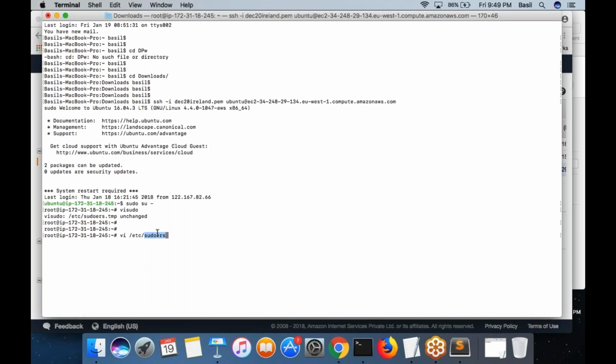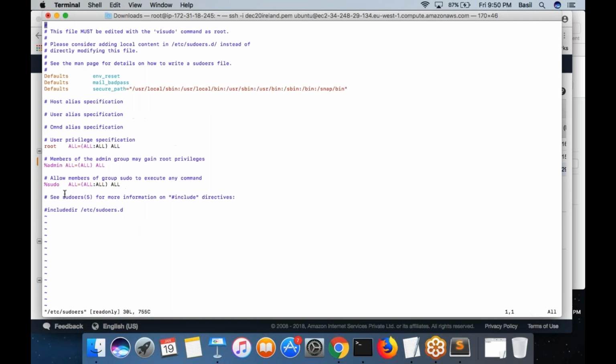These are the same commands actually, but I am using visudo because I do not want to make any manual mistakes inside this file. If I make some mistake inside this file using the vi editor, it is going to be a problem. It can even block me. So that is the reason I always use the command visudo whenever I want to edit this file. This is the sudo configuration file. Basically what you are doing here is mentioning that the root user has all sudo permission, the admin group has full sudo permission, the sudo group has full sudo permission. So like that you want to customize your sudo permissions.